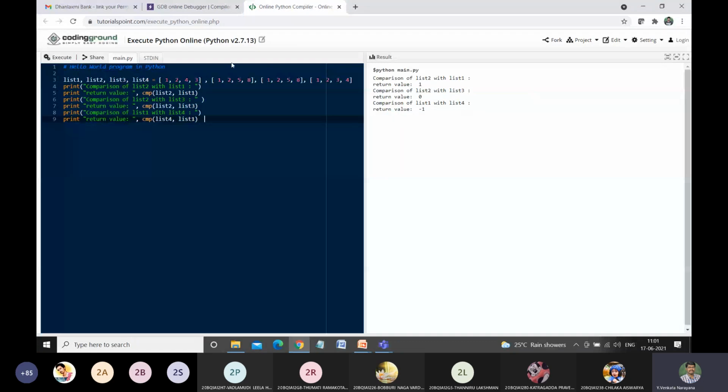Here the Python version is 2.7.13. From Python 3.x versions, the cmp function is not available for lists.